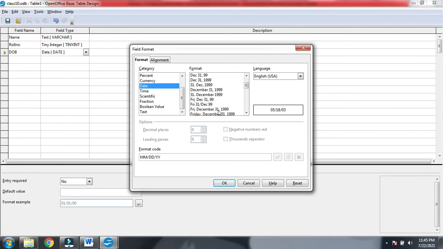Our example here also has month, date, year, and date, month, year.